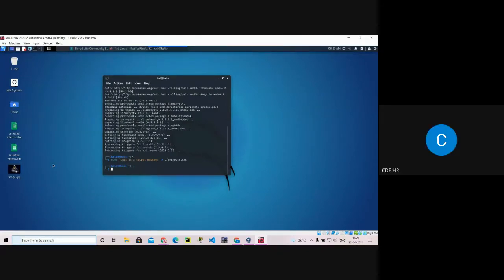Now I have this file. On the command line, you should embed the particular thing.